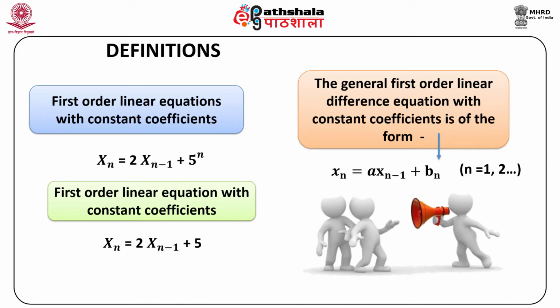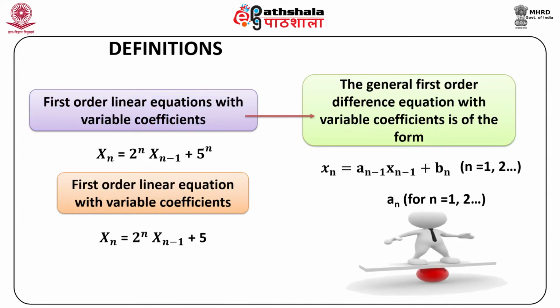The general first order linear difference equation with constant coefficients is of the form xn is equal to a xn minus 1 plus bn, where n is equal to 1, 2, etc. Here the coefficient a is a constant independent of n, whereas bn can be a constant or it may vary with n. For example, xn is equal to 2 xn minus 1 plus 5 raised to the power of n is a first order linear equation with constant coefficient, and so is xn is equal to 2 xn minus 1